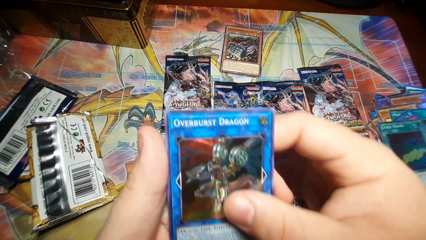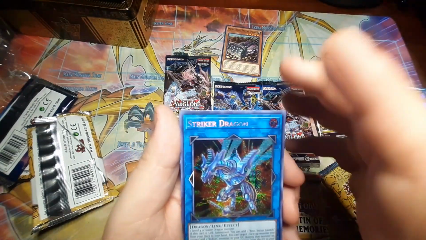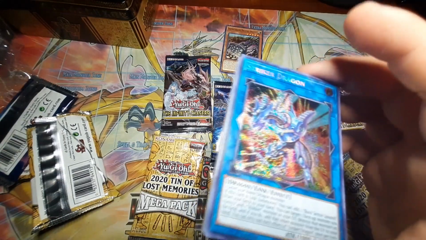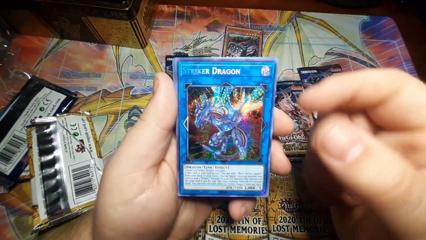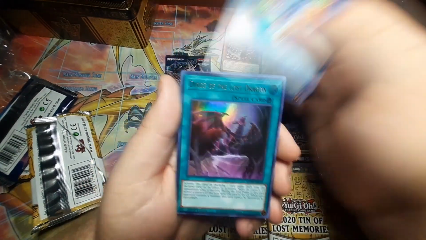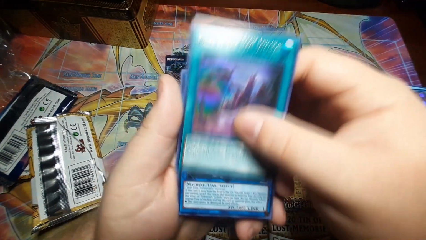We don't have rockets. Then our pink is a Striker Dragon Secret Rare. Again, we ain't playing rockets, so this is basically useless to us. But it is definitely a pretty card. Then we have a Dirge of the Lost Dragon. And finally,